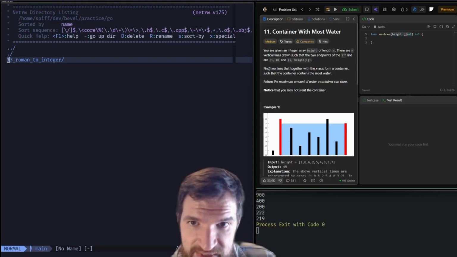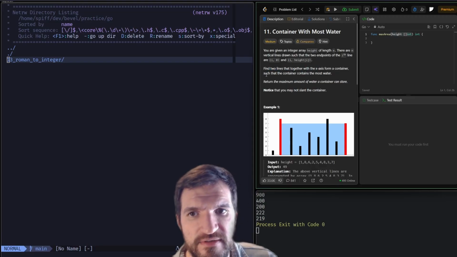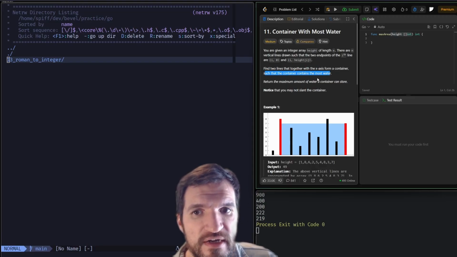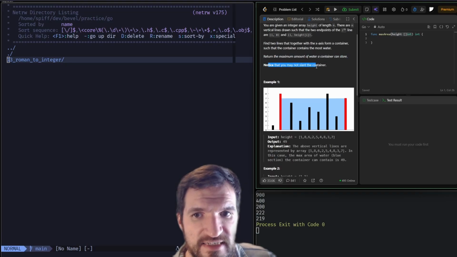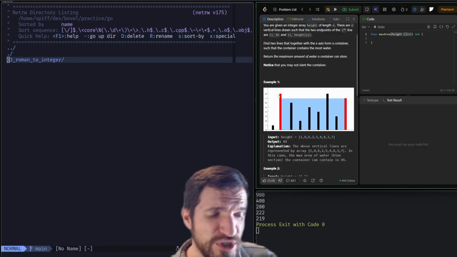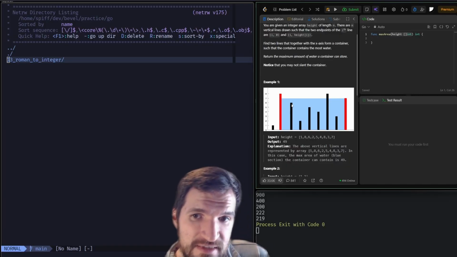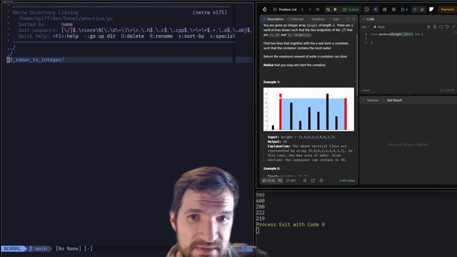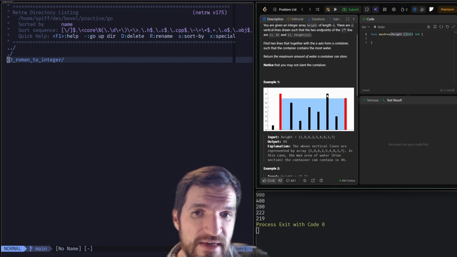Find the two lines that together form a container that contains the most water. Return the maximum water that it can store. Notice that you may not slant the container. So it could be basically any of those. So you want to find the first highest thing. So if you did that one,